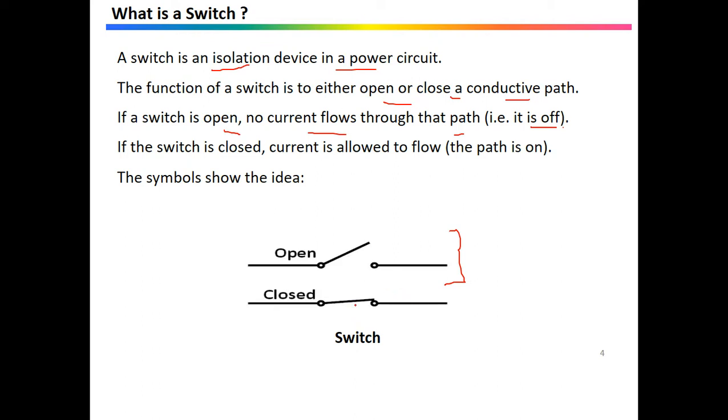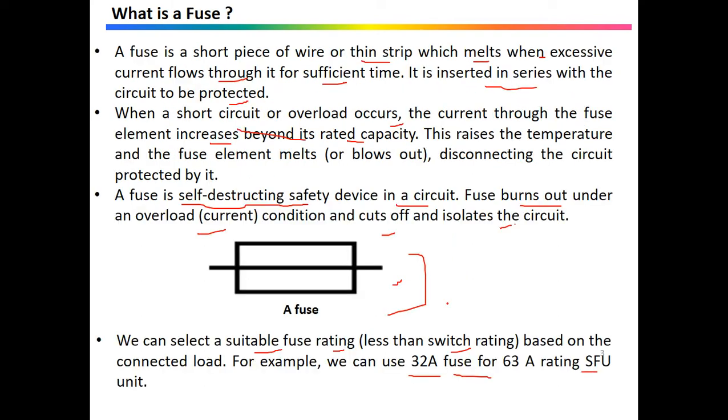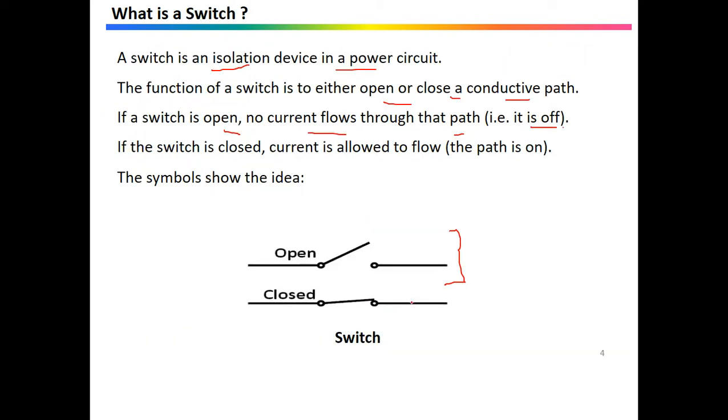That means the path is on, and in that case, current will pass through it, and the circuit will be completed. So just by seeing these two components, this is the fuse, as well as this switch, that is in off and on positions. This fuse as well as the switch both serve the same purpose, which is to protect an electrical circuit or equipment by preventing overload that can cause fires or damage to the instrument.